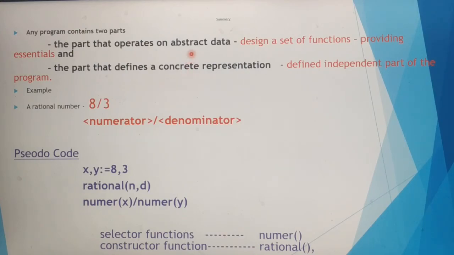Abstract means just designing a set of functions, providing only the essential abstractions. But concrete functions define the independent part of the program, defining each and every implementation. We have also seen the pseudocode for this rational number.